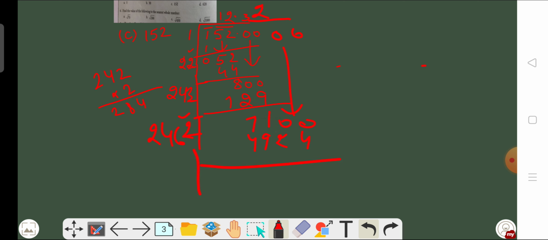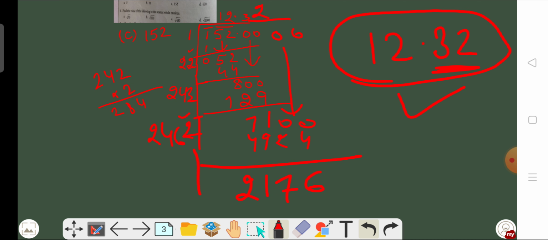After that we have to subtract this. This will become 6, 7, 1, and 2. Now beta, we have the answer 12.32. We have to find the answer up to 2 decimal places. Here we have 2 decimal places. So after getting 2 decimal places in the quotient, we have to stop our division. This is our required answer for question number 3, C part.